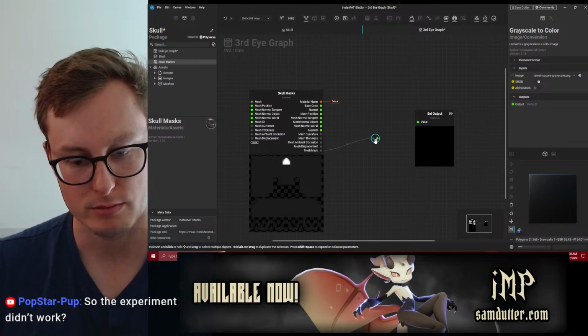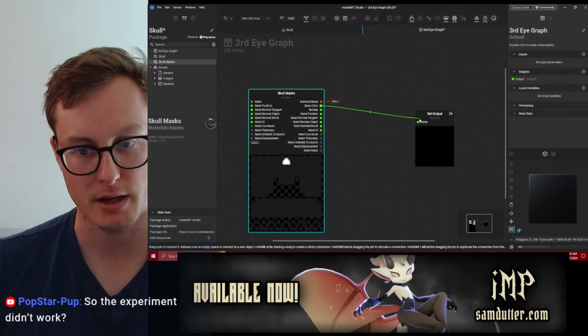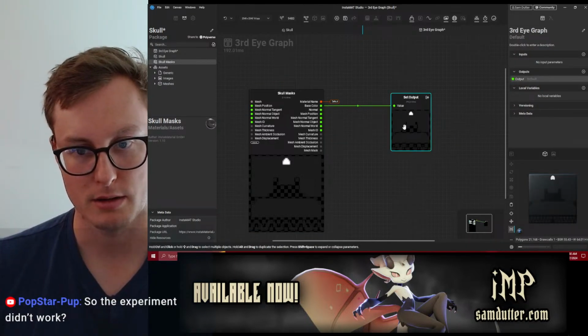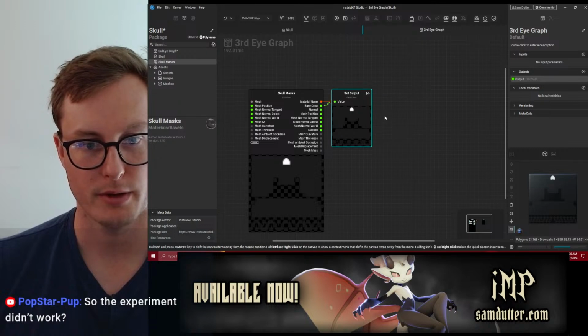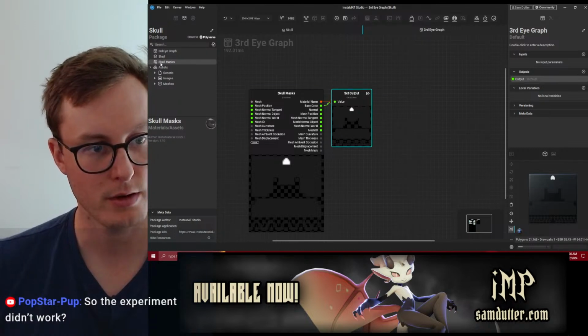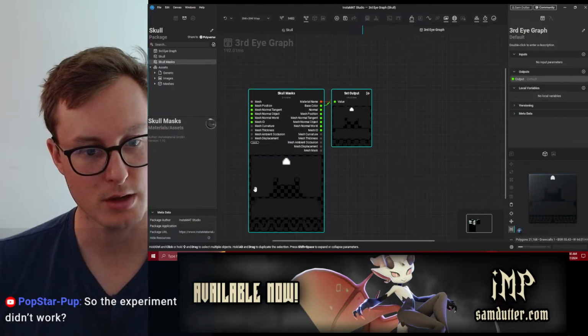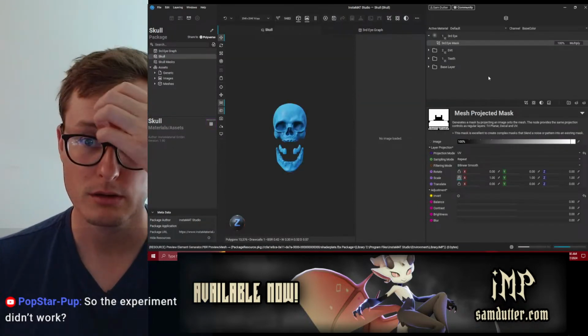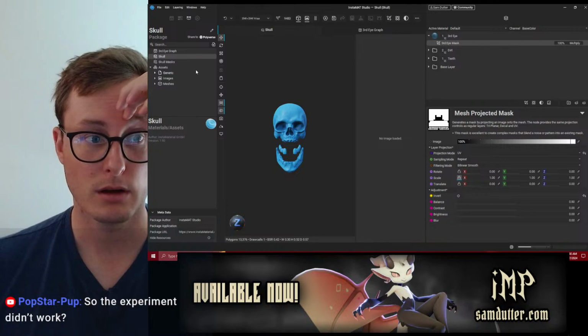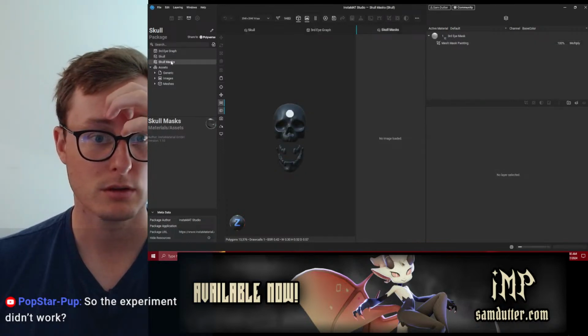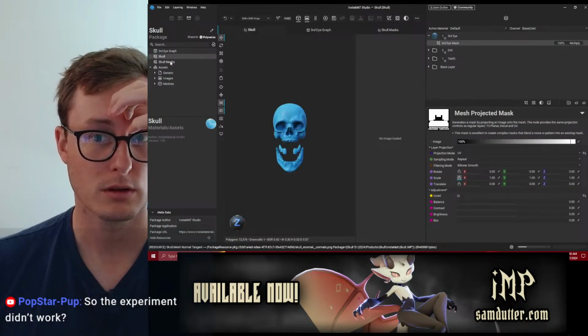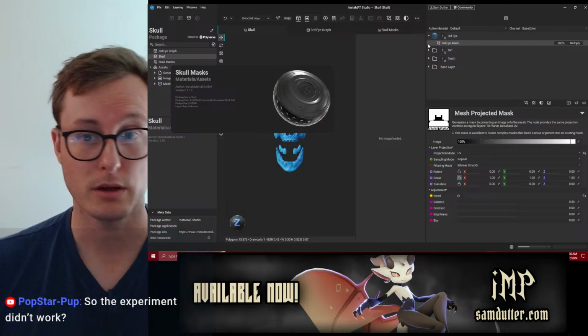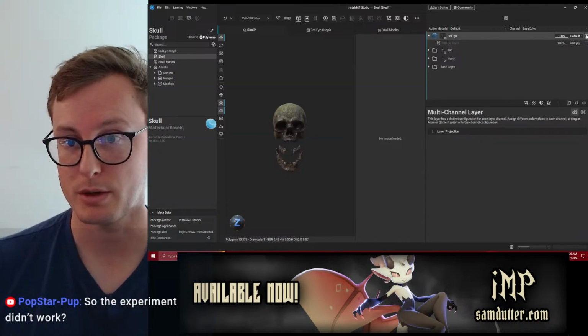We can reference the base color right there. Okay, so we're taking from our skull mask, using this graph, its base color, which means that in here, oops.